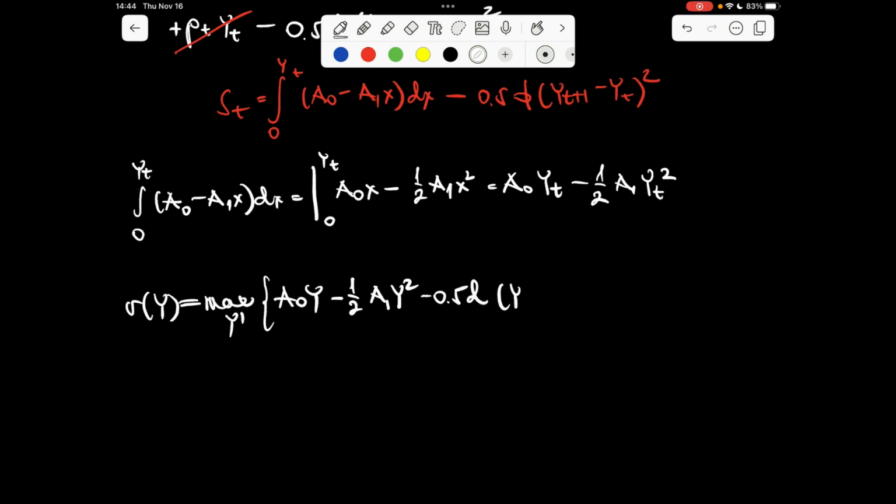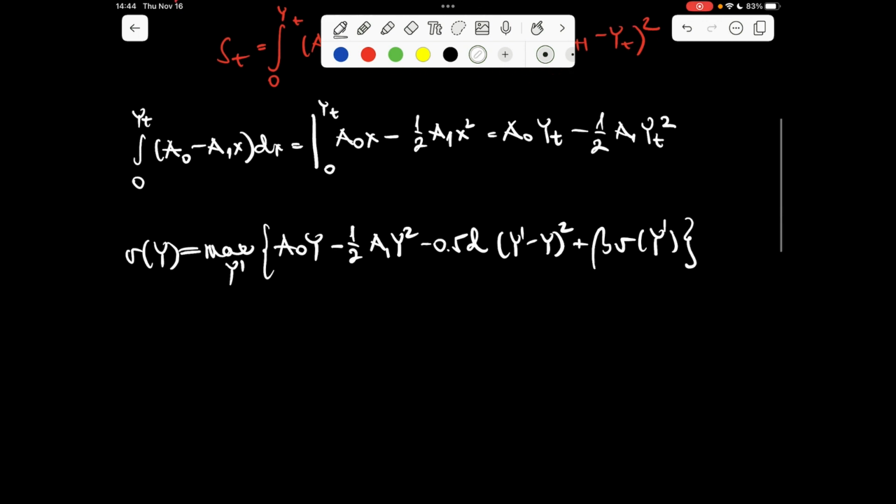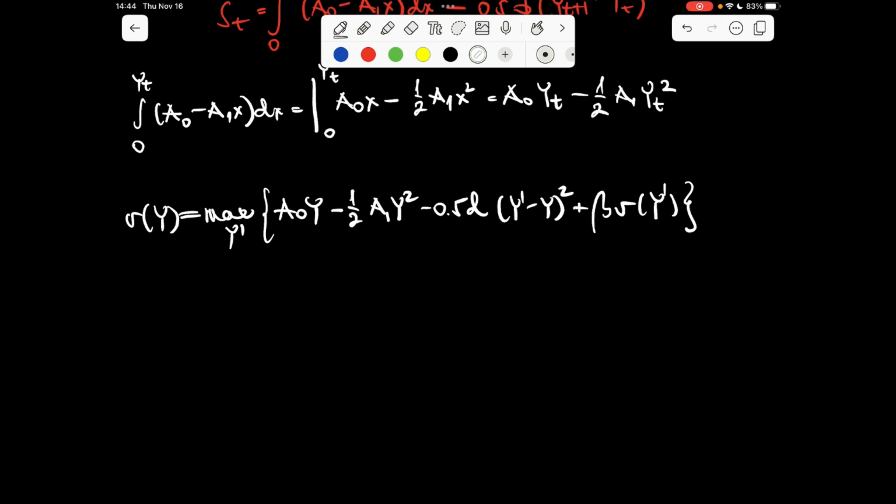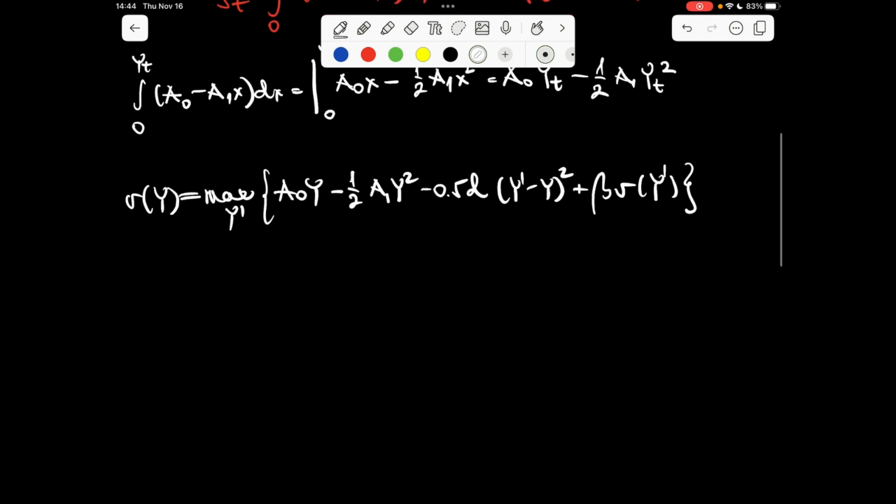The costs and the value function next period. Okay, so this is the Bellman equation, and let's try to translate the problem into the language of the optimal